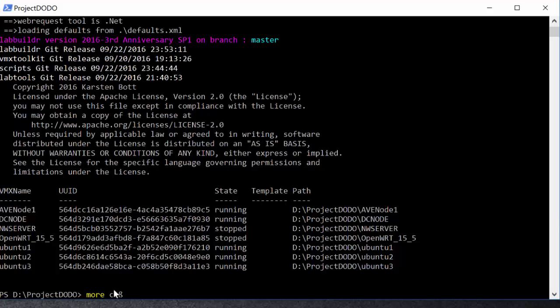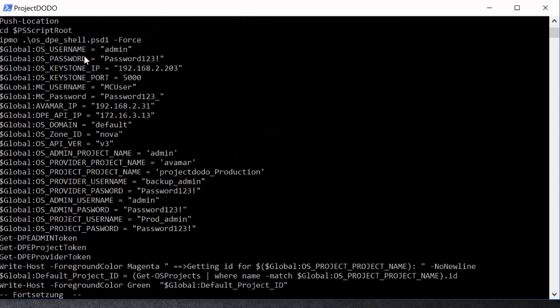You see it's under GitHub in my environment, GitHub OS DPE shell, profile.ps1, and you see here I'm setting some globals for the OpenStack usernames, the MC usernames for the Avamar administration, the IP address of my Avamar systems, the IP address of my DPE API,